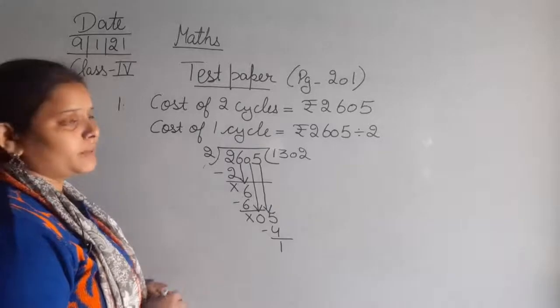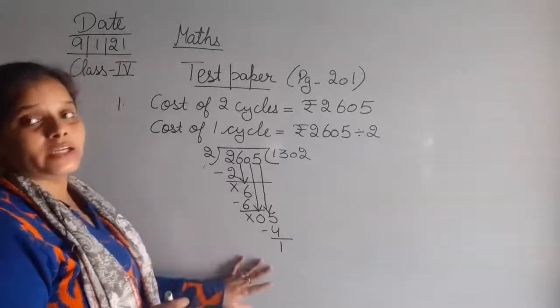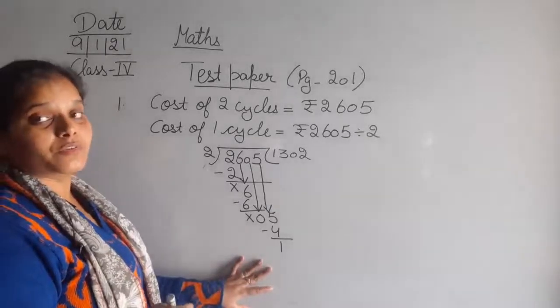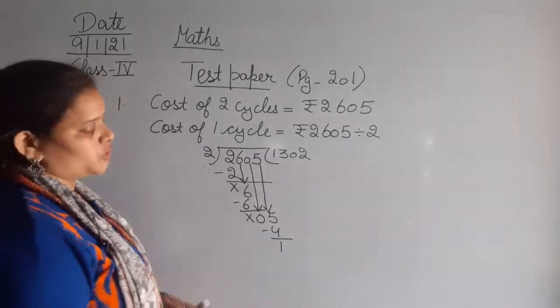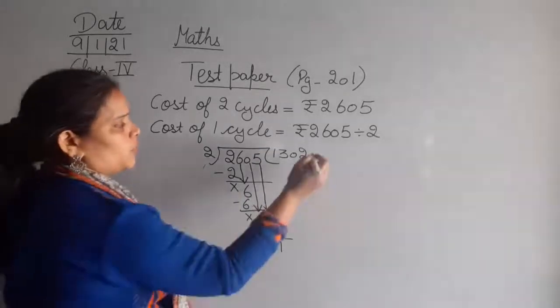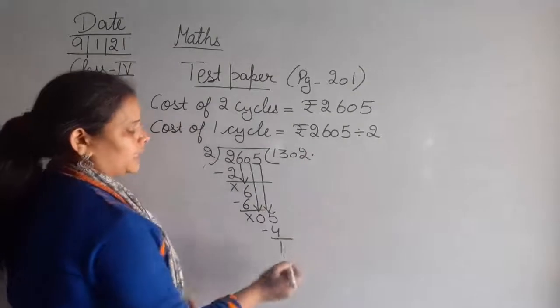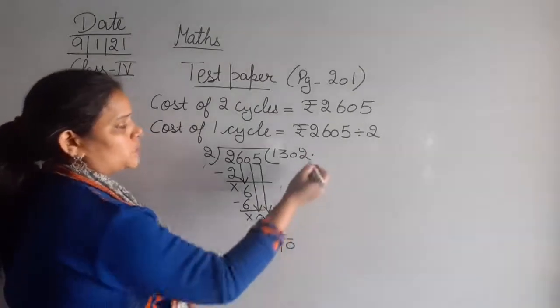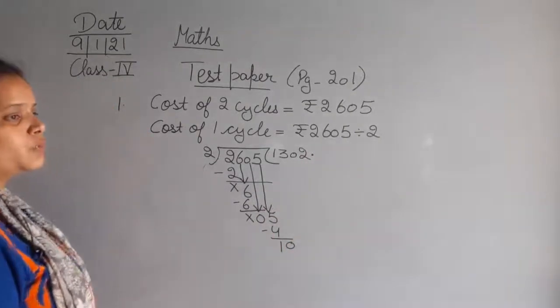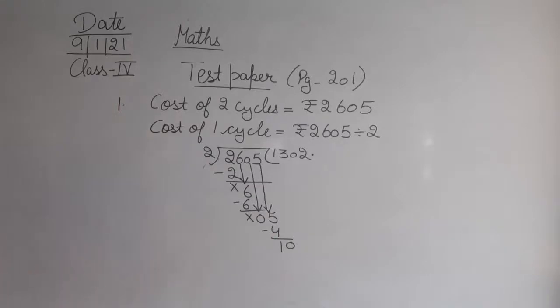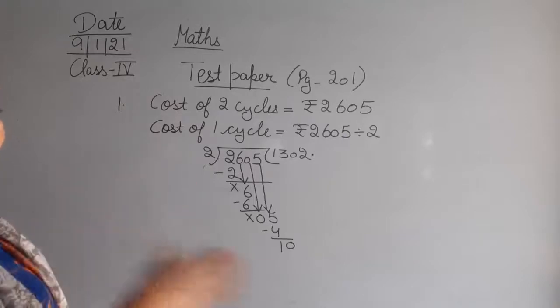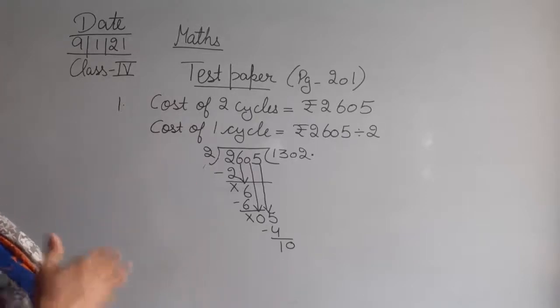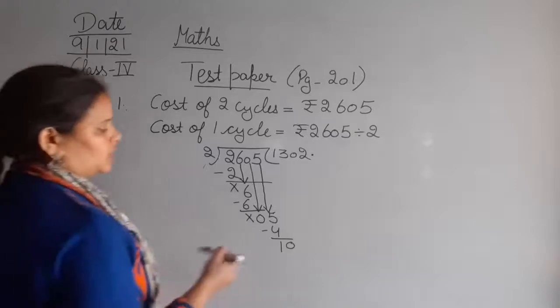अभी देखिए हमें इसकी पूरी कॉस्ट निकाली. So we can't leave a remainder here. So we will do the further calculation. तो अब क्या करेंगे? We will just put a point here. यहाँ पे हम एक पॉइंट लगाएंगे एंड यहाँ पे एक 0 बढ़ाएंगे. तो जब भी हम पॉइंट लगाते हैं उसके बाद we can put as many zeros as are required. जितनी भी 0 हमें चाहिए हम उसमें ले सकते हैं एवरी स्टेप. नॉट एट द सिंगल स्टेप पे नहीं ले सकते. ठीक है, अलग अलग स्टेप पे हम जितनी भी 0 ले सकते हैं.